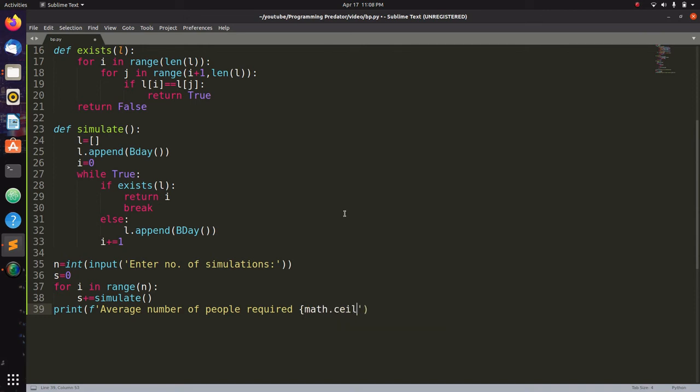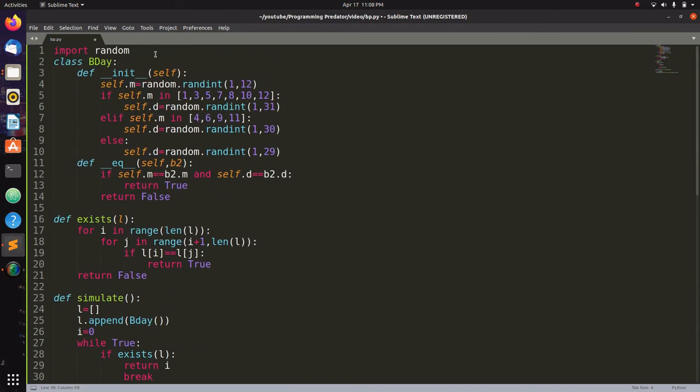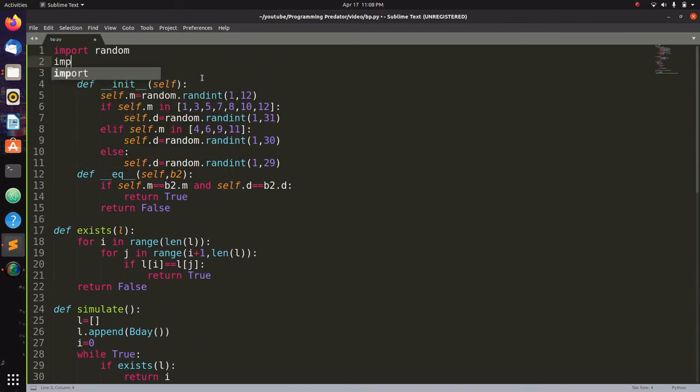We'll just use a ceil function. We have to import it. We'll import math, so that s by n can be rounded up. Yep, so that should do it.